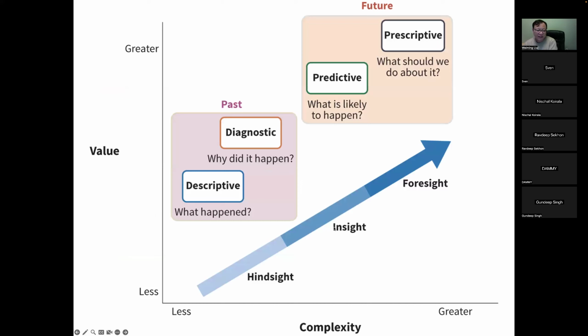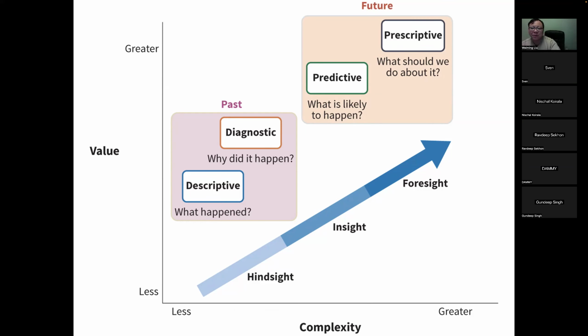If you take a look at these different levels of data analytics, it goes from descriptive, diagnostics, right? This is the past. You rely on the past information, right? Because this information will tell you what happened and why it happened, right? So you rely on the historical data to describe what happened and why it happened. And then you are seeing the future, right? What is going to happen and what should we do about it, right? So you can see that